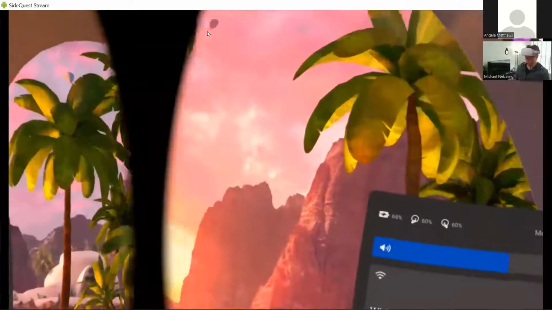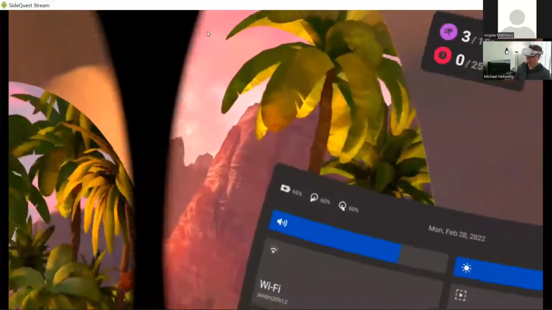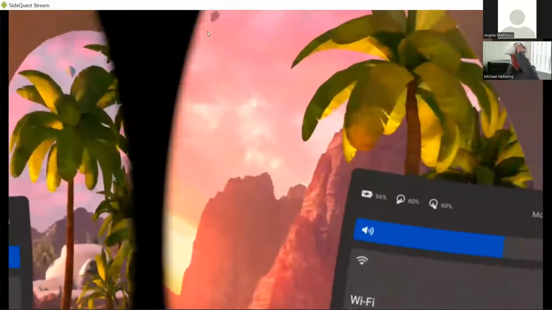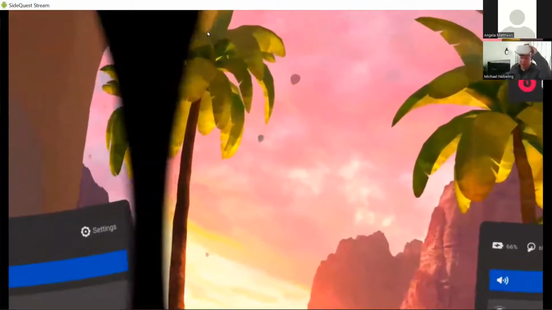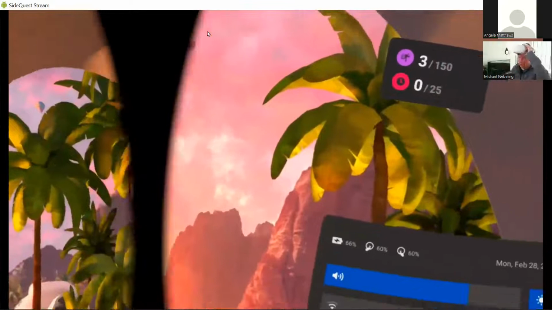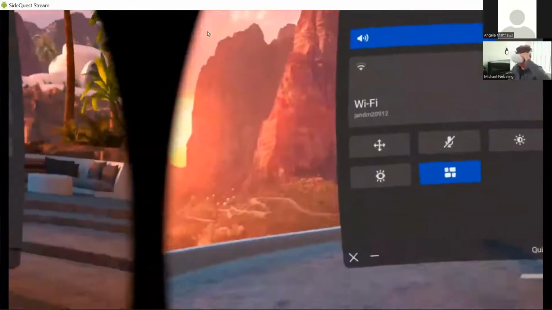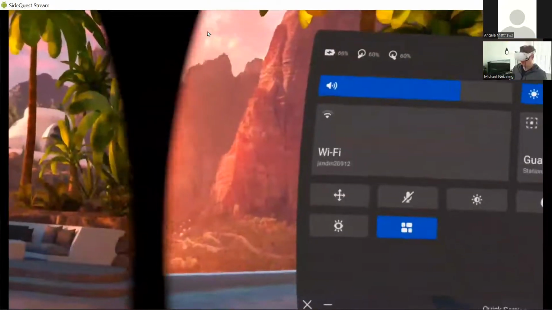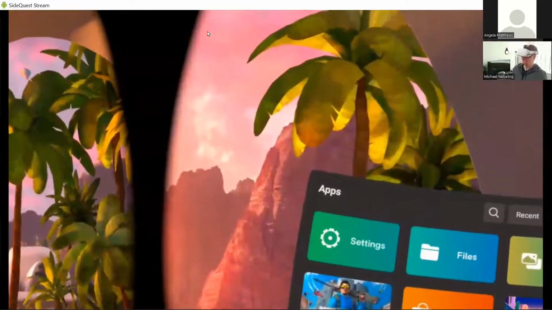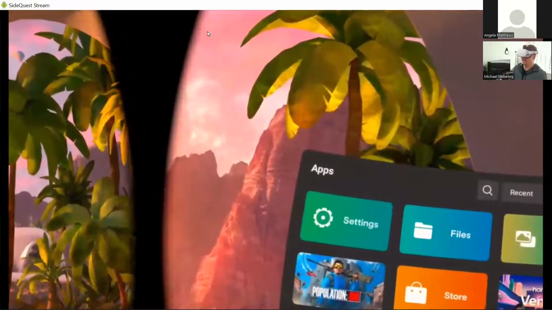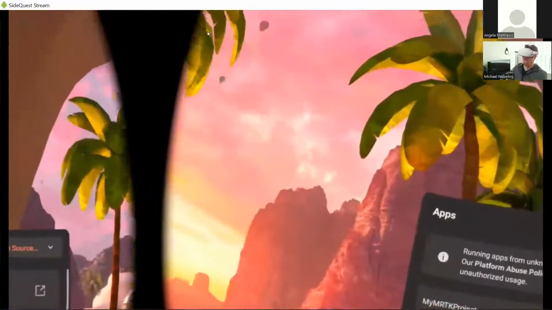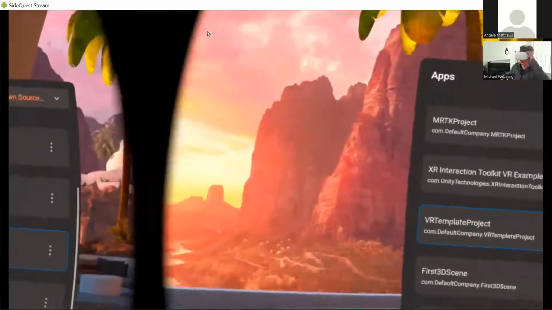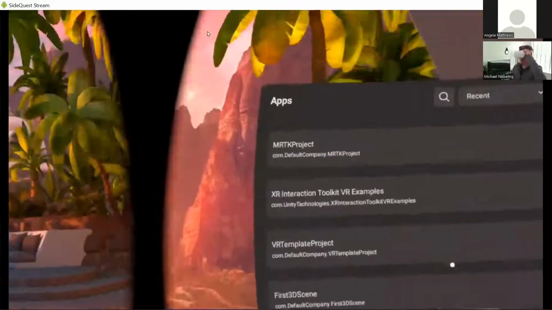This would be me. But if somebody knows and has this problem as well, I cannot fix it right now. I will just switch to my other headset, because the only thing I could show right now is what I'm doing at the moment. It's deploying it. I'm deploying it to my headset, which means it becomes an application here as an unknown source. And then you can see some of the scenes that I have previously,